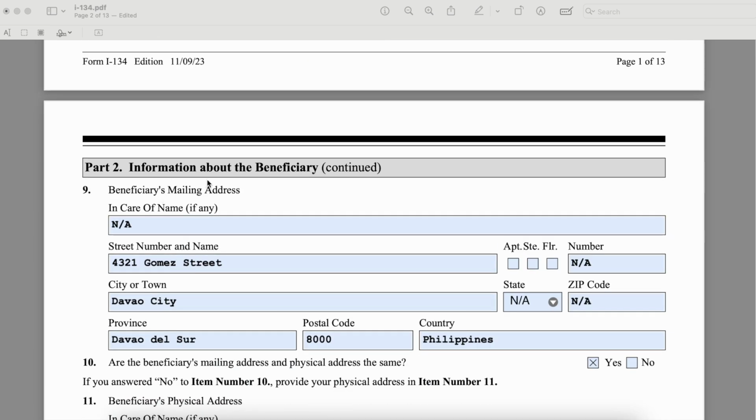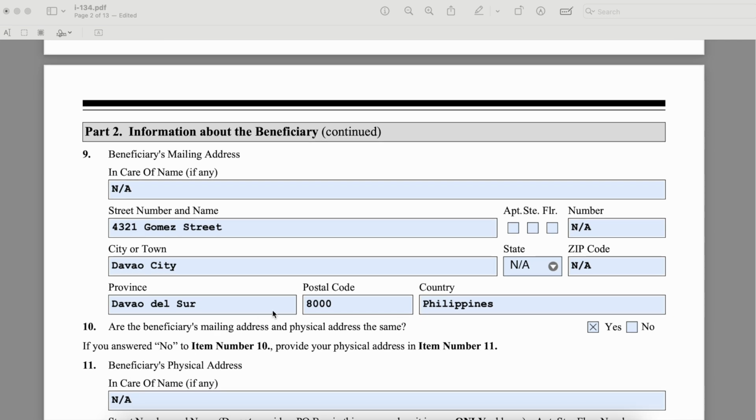Part 2, information about the beneficiary. So this is just a continuation. Beneficiary's mailing address, in care of name, if any. So I just type here NA. Street number and name, 4321 Gomez Street. Then number, that is just NA. It's not applicable for me. City or town, Davao City. State, not applicable. Zip code, not applicable. Province, Davao del Sur. Postal code,